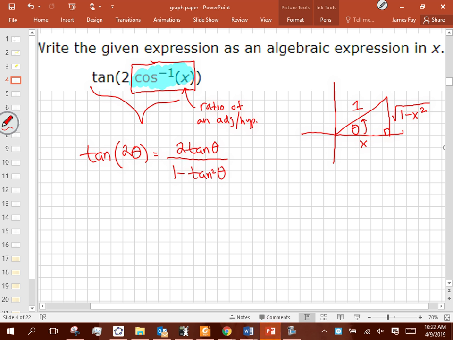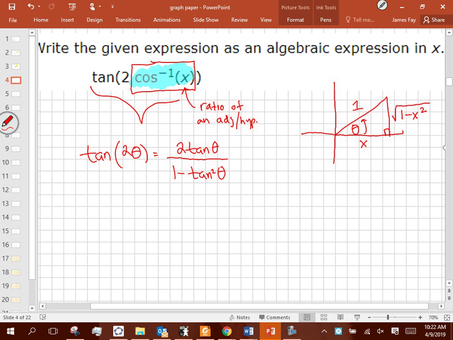And that's going to be a formula that I provide you with. It's generated from knowing what tangent of theta plus theta looks like and going through that process. Or if you didn't remember that, if you don't have a reference sheet, maybe you know what sine of 2 theta is, maybe you know what cosine of 2 theta is, and you can go through the algebra there